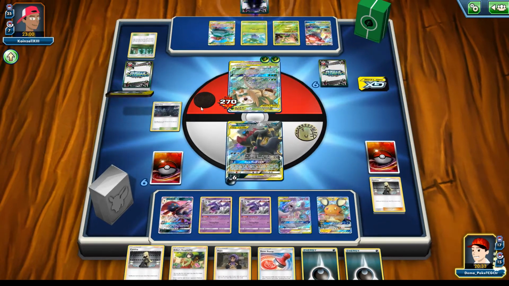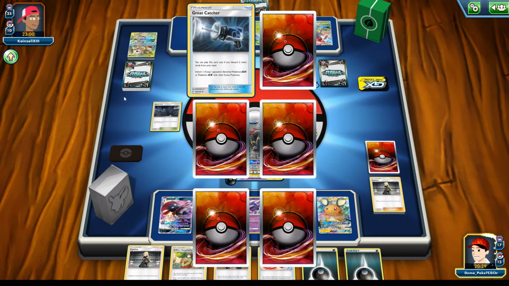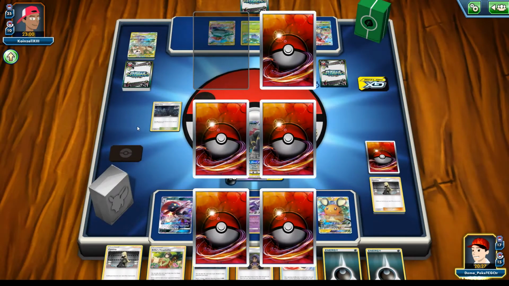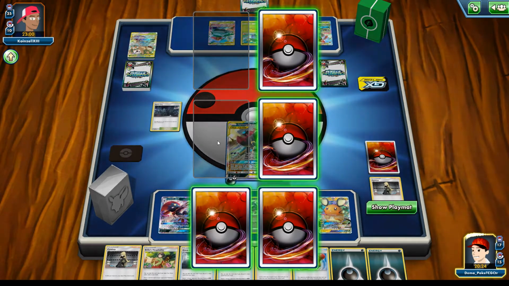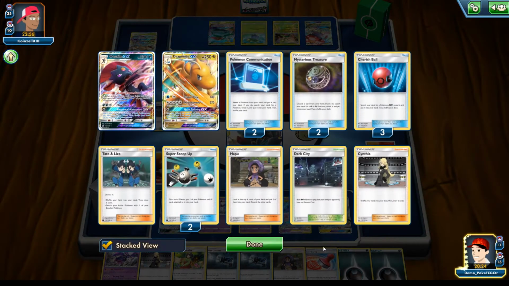The Darkrai GX can actually knock the Rowlet out, plus it can prevent my opponent from playing any trainer cards. Additionally, what I have here are two great catchers, so I'm just gonna need to find a way to put my...